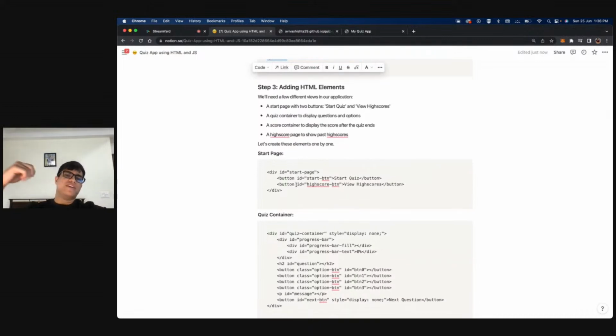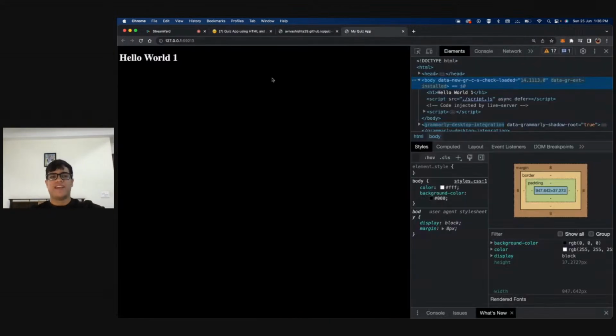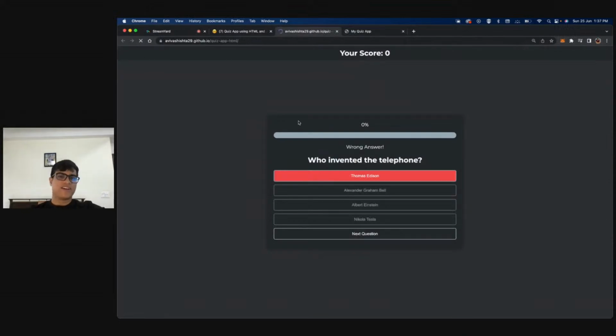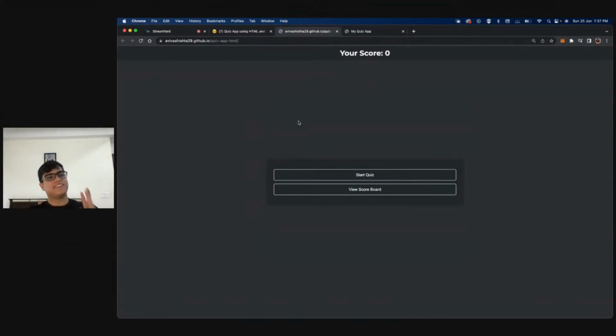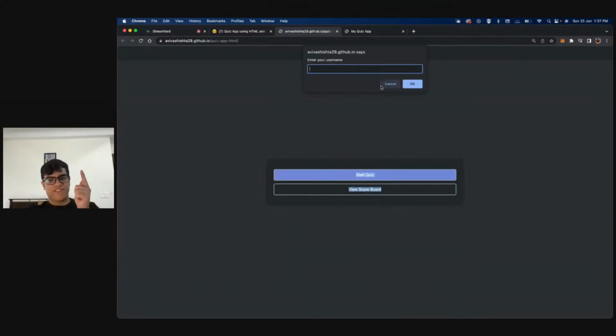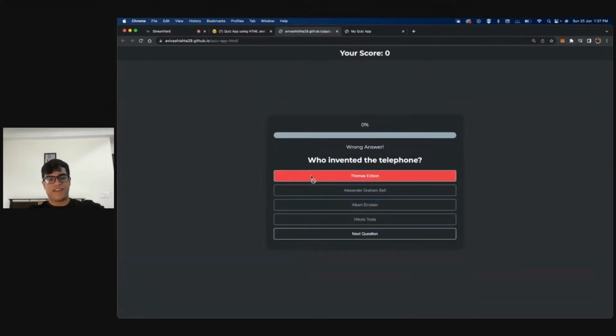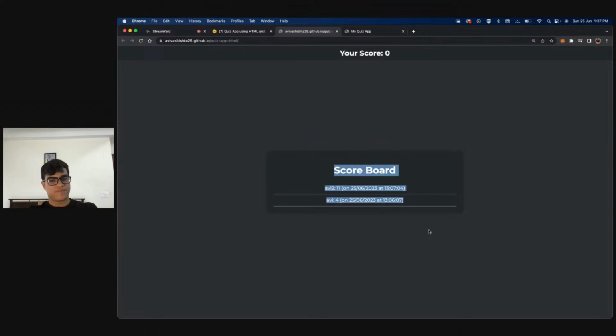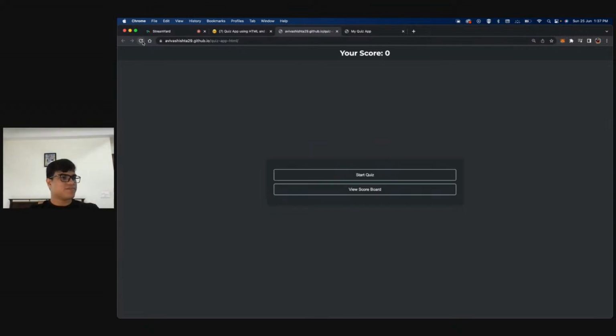Now we will talk about adding the HTML elements. What all elements do we have in this project? If I think about it really clearly, there are only three things that we need, or in fact, four things. The first is this top nav bar. After that, we need one starting page, which is this part, one starting div, then the quiz div that we have, and then the view scoreboard div. So basically, three divs, correct?